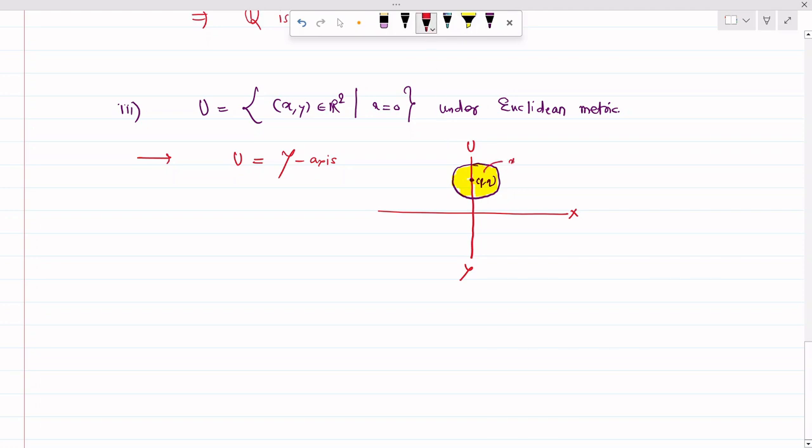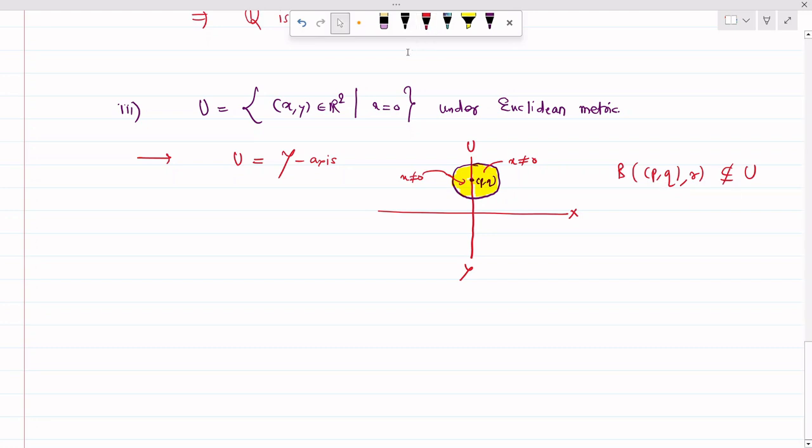So in this section x coordinate is non-zero, here also x is non-zero, right? So definitely for any point (p, q) from U and any positive radius, you'll definitely find such points around that point in that open ball where x is non-zero. So this simply implies that the open ball around any point (p, q) from U of radius r is not contained in U. So this particular set is not an open set.